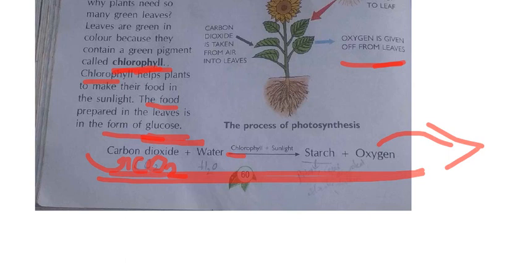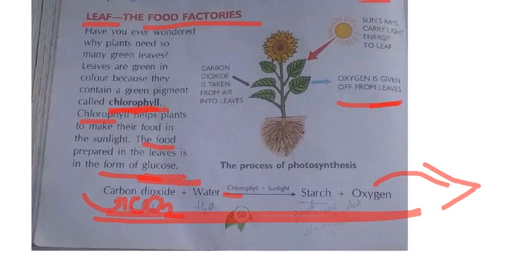Okay, till here understood? In this topic what we have learned, in this para, what are the food factories of the plants? They will say leaf, stem, fruit, seed. What should you write? Leaf. Leaves are called the food factories of the plants. What is chlorophyll? They will ask you. The green substance which is present on the leaves is called chlorophyll, or the green pigment. And when the leaves prepare food, in which form will it be? They will ask. You should say glucose.